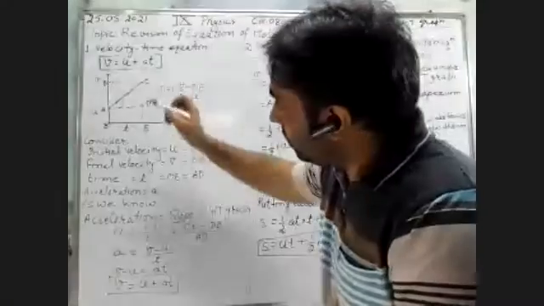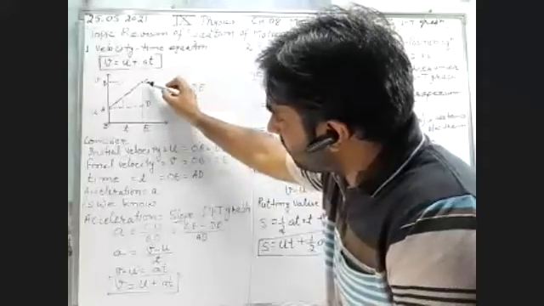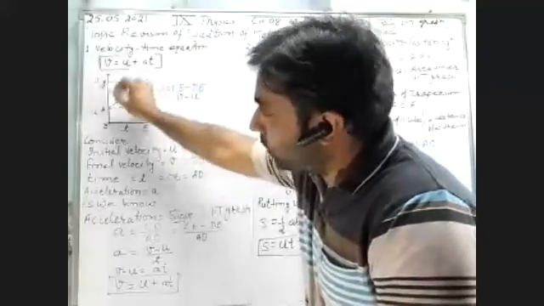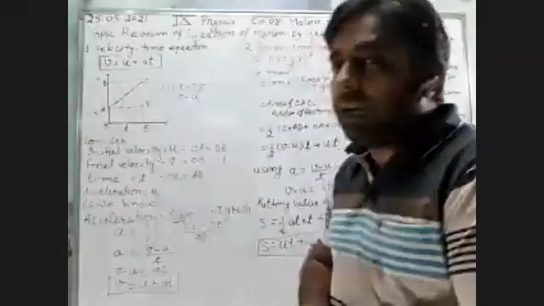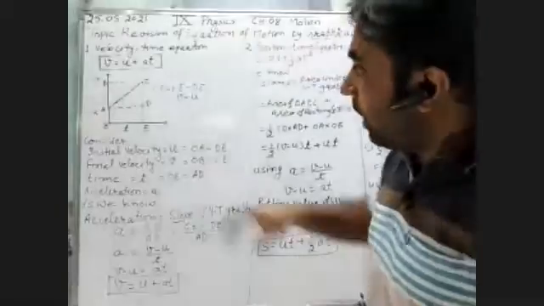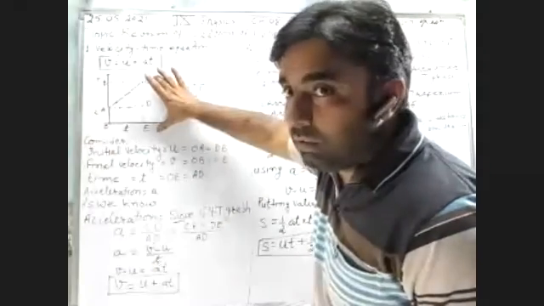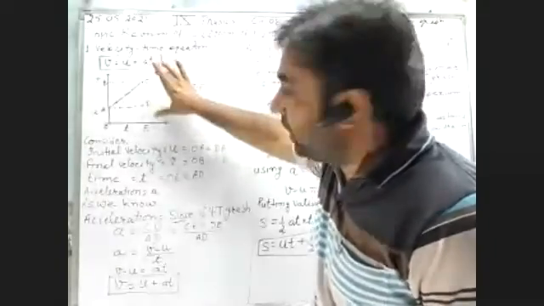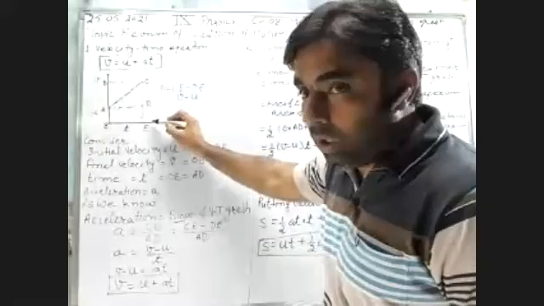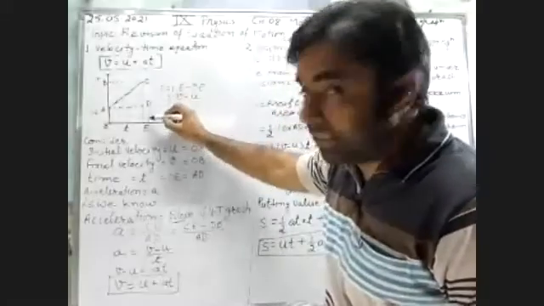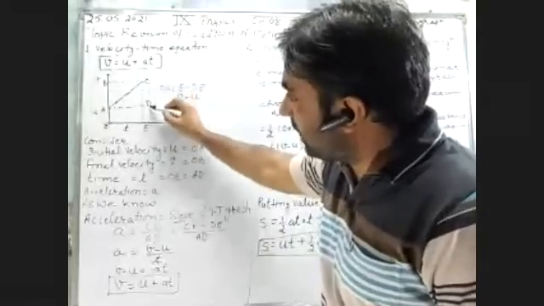Okay. So now what is CD? Look at the diagram carefully. This is CD, and this whole line is CE. CE is represented by V. What about DE? DE is represented by U. So now, if I subtract this DE from this CE, what will come? CD. So CD will be represented by CE minus DE.